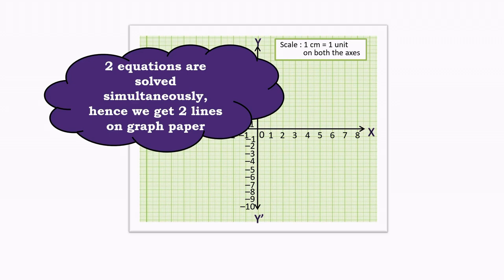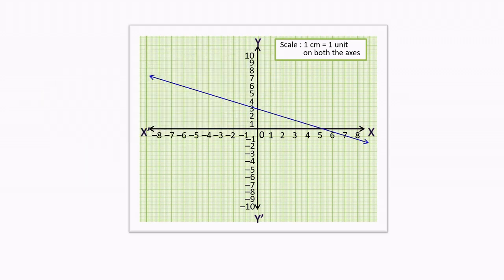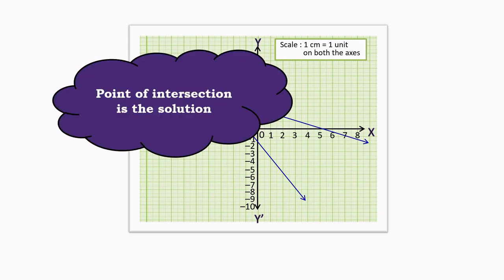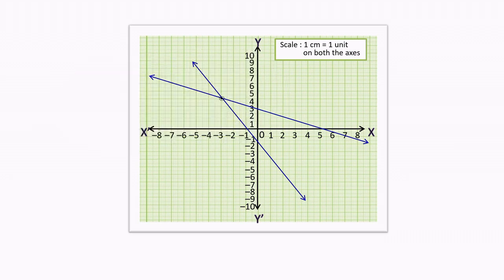When we have two linear equations, we draw two lines on the same graph. The point where these two lines intersect is very important. This point of intersection represents the solution of the pair of linear equations. As you can see here, the lines intersect at the point -3, 4. So, this point is the solution of the given pair of equations. Let's move forward and apply this concept to solve problems graphically.